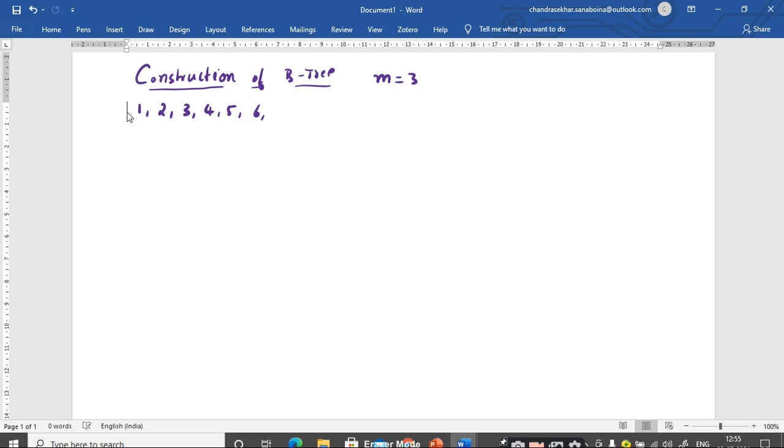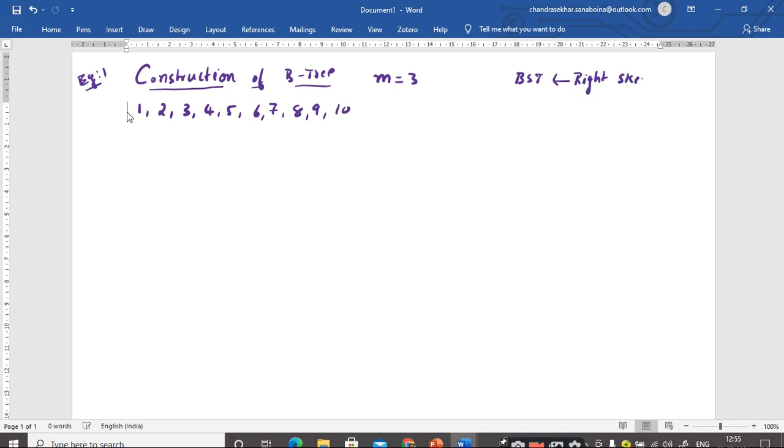We will see random numbers also in the next example. But in this example, we will consider the construction of a B tree of order m is equal to 3 with the list of elements from 1 to 10. Can anybody tell me what happens if you construct the binary search tree for this list of elements? Right skewed binary tree, sir. Like a linked list. If you construct the binary search tree for this ascending order of elements, it becomes a right skewed binary tree.